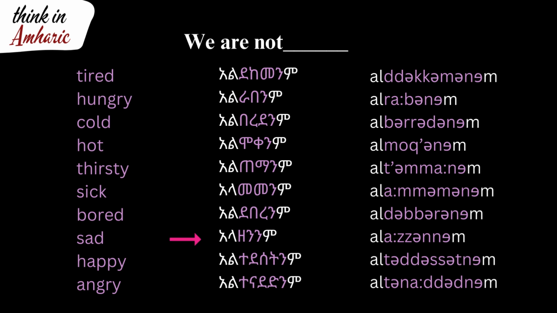We're not sad. አላዘንም። You don't say አላዘንንም. You just put the two n's together and just stress on it. አላዘንም. We're not happy. አልተደሰትንም። We're not angry. አልተናደድንም።